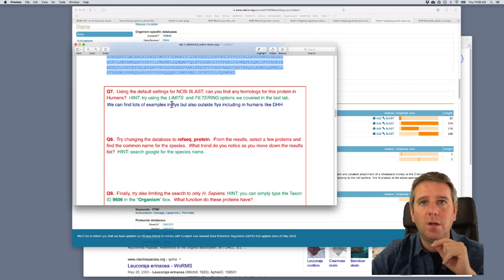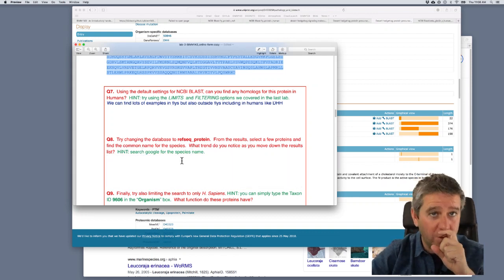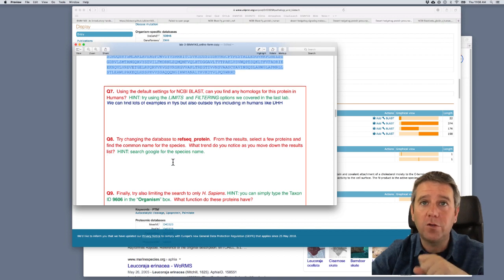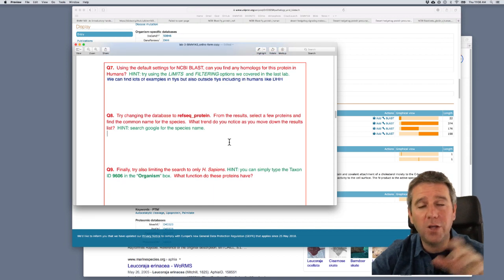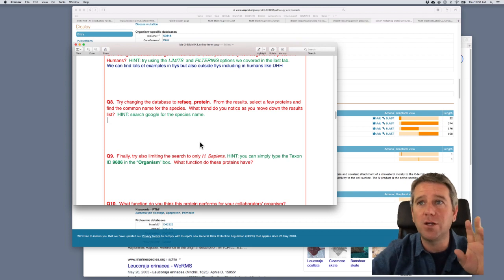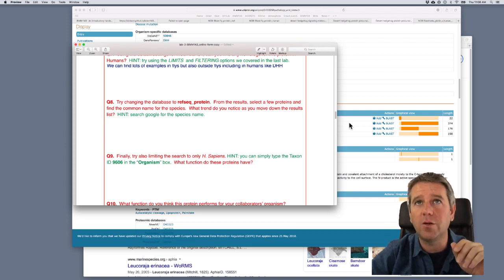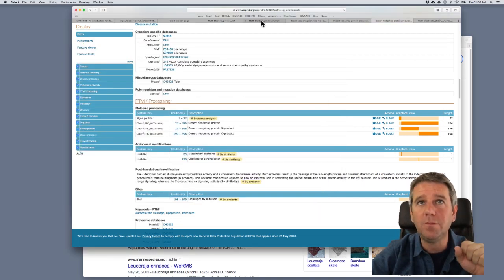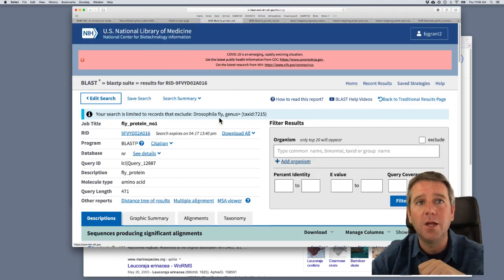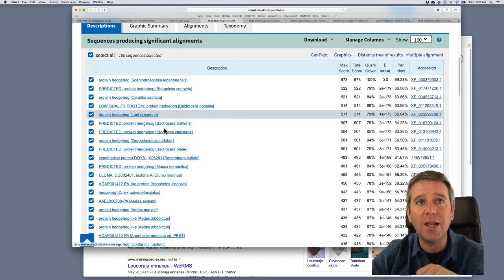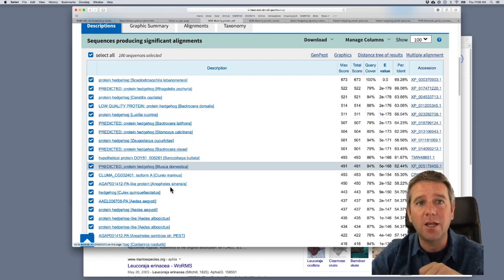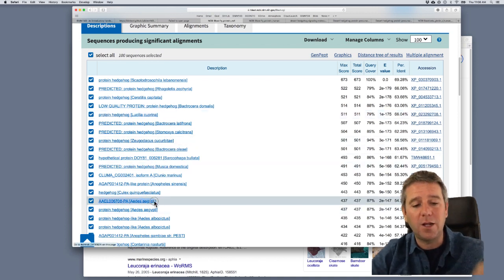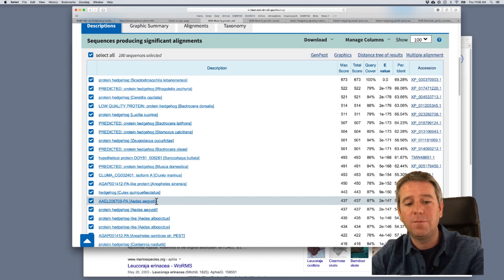Here, select a few proteins and find the common name for these. What trend do you notice as you move down the results? Well, you get the initial ones in that first search. By that question, what we were looking at here, when we look down this result, these first species are all fly-like things before we then, like here, this is like a mosquito,